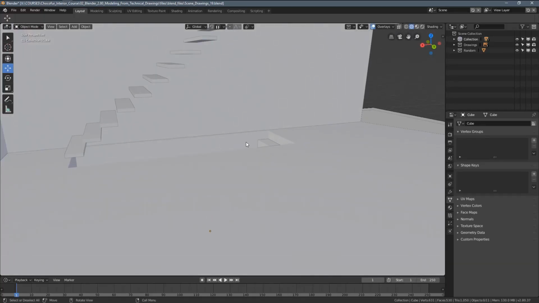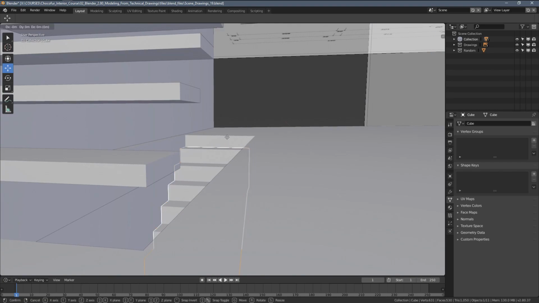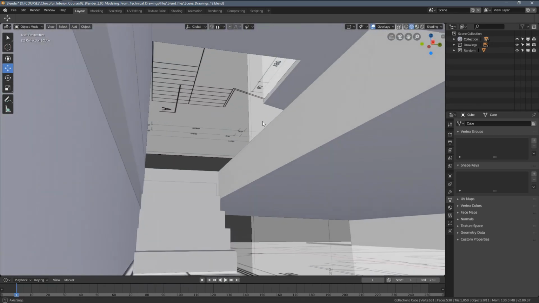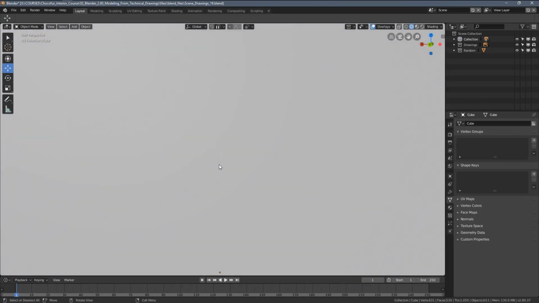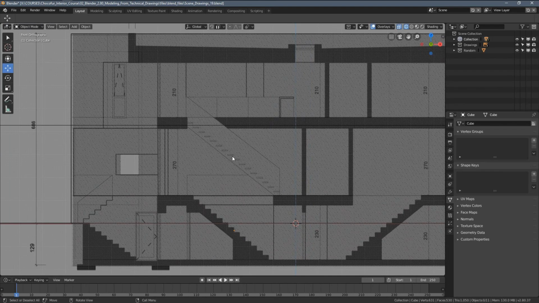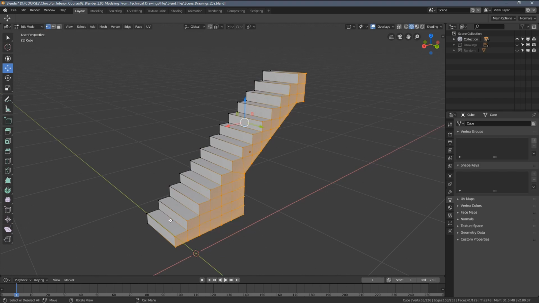I think it's pretty okay. Maybe the upper stair could be a little bit higher, so I can always move this layout just a bit down. Maybe like this. Yeah, and let's just leave it for now and focus on the barriers here, which are visible in the section. Speaking of stairs, for one more minute,